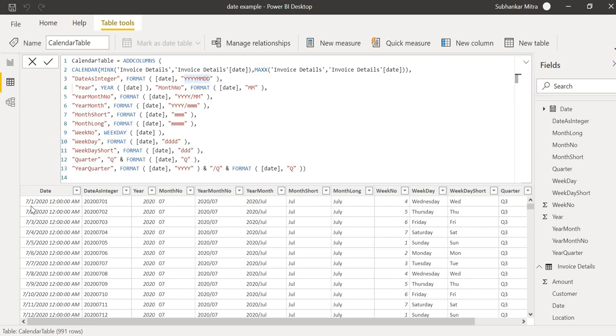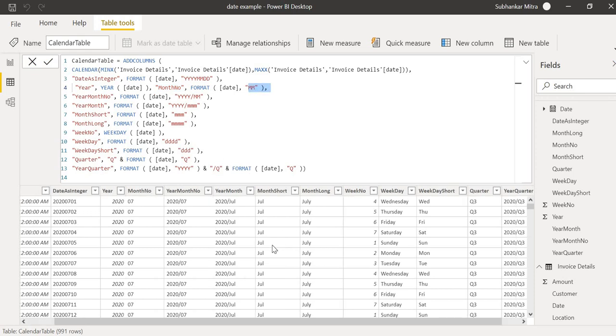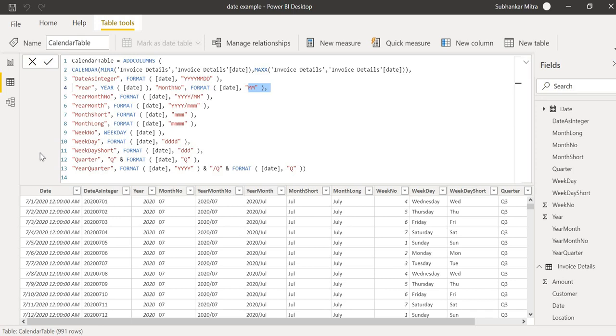So first this is the year, then month, then date. In a similar way, in the third column we are asking for the year, and in the fourth column we are asking for the month number, where only the two digits of the month are coming over here. So this way the calendar table is created. Thank you so much for watching.